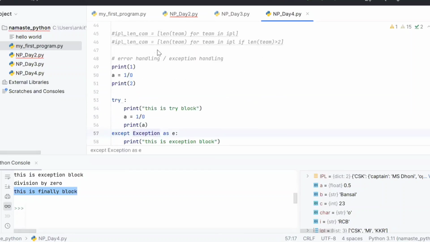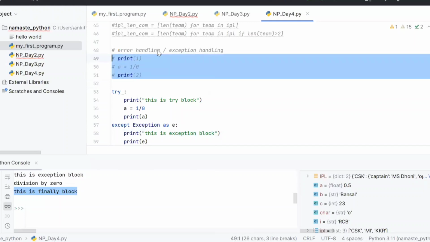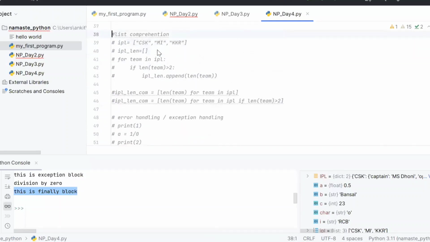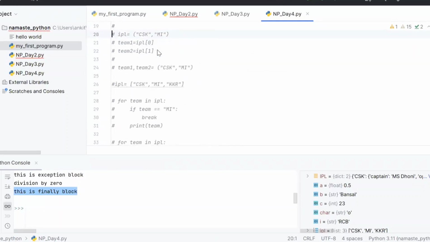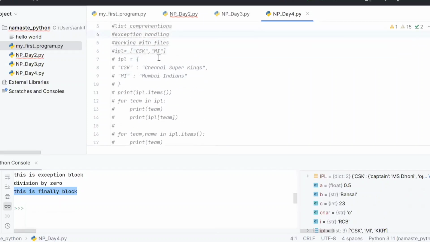Ankit, one quick question. In this key value pair, the value can be another data type, right? Yeah, value can be anything. It can be a list or another dictionary, anything. When we are calling it in the for loop, then it will be assigned to that particular key value pair. So it will be assigned to name. Now name can be anything again. In this case, it is a string, but it can be a dictionary or a list or anything.